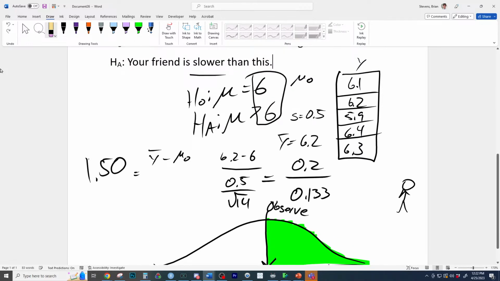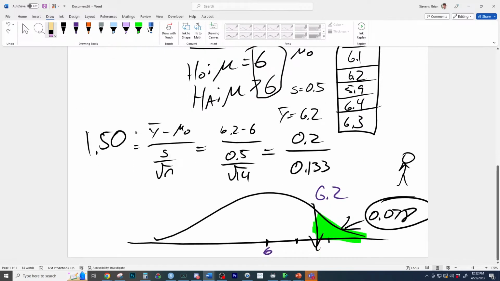So think about this. Now let's go back to the problem we had here. If Brian is a 6-minute mile runner, then you would observe me running my miles in 6.2 minutes or longer about 7.8% of the time. So this is kind of likely, it's still theoretically possible, but let's increase this. We're just going to double this mathematically right here. So if you notice, I'm just taking the difference and doubling it.